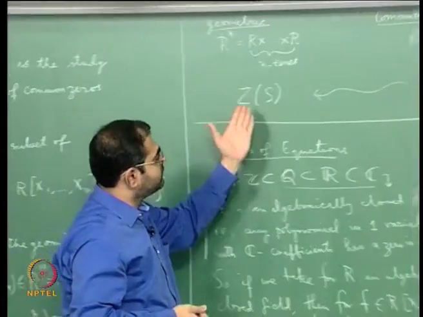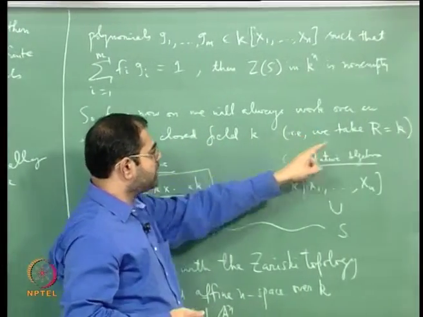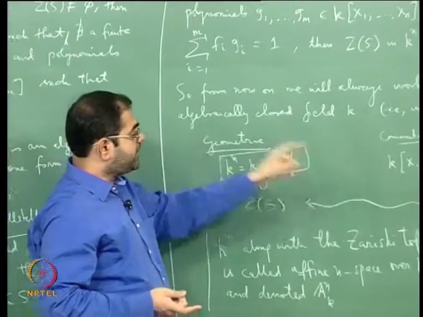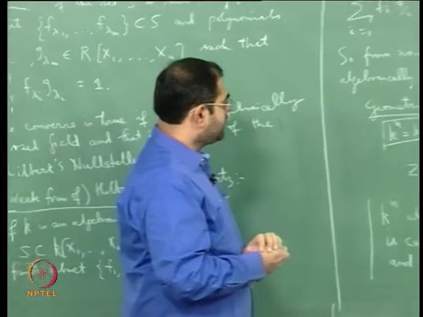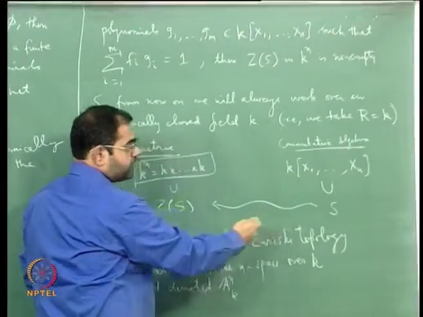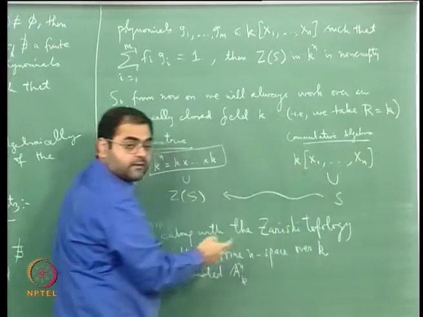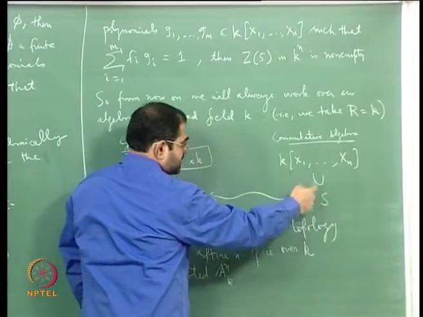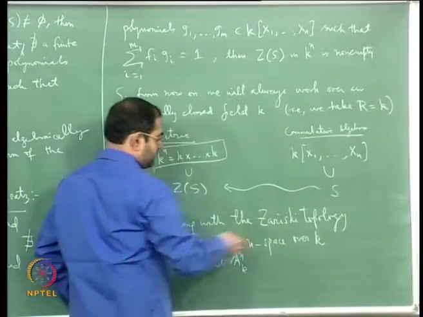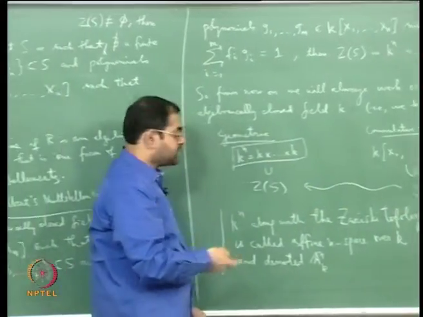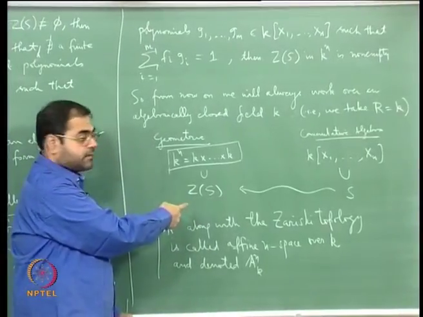So what we do is that we assume that we always work over an algebraically closed field. So we take R to be K, where K is an algebraically closed field, and then our situation is like this. On the commutative algebraic side we have the polynomial ring in n variables over K, and we take a subset of that ring, which means we take a bunch of polynomials which are the elements of this set capital S,